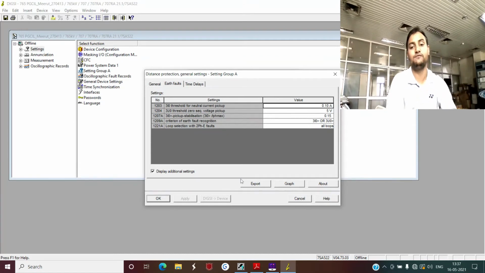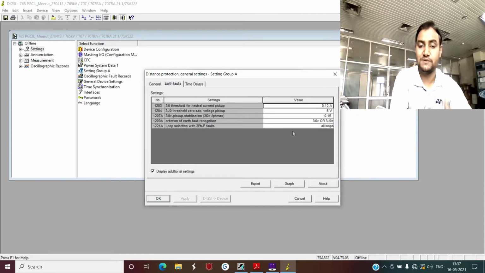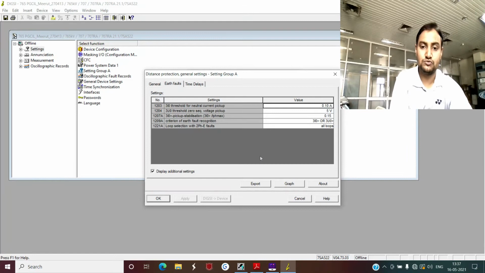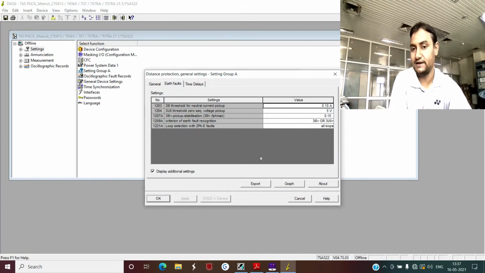And this again falls into the criteria of dependability and security. You want your protective relay to operate in case it detects an earth fault, and you want your system to operate as correctly and as fast as possible. And if you select this option, that is OR logic, now what happens, generally it only detects the value of zero sequence currents and it will issue a trip command without waiting for the criteria of the second condition, that is the zero sequence voltage, and you have the chances of less protection maloperations, less protection failure.